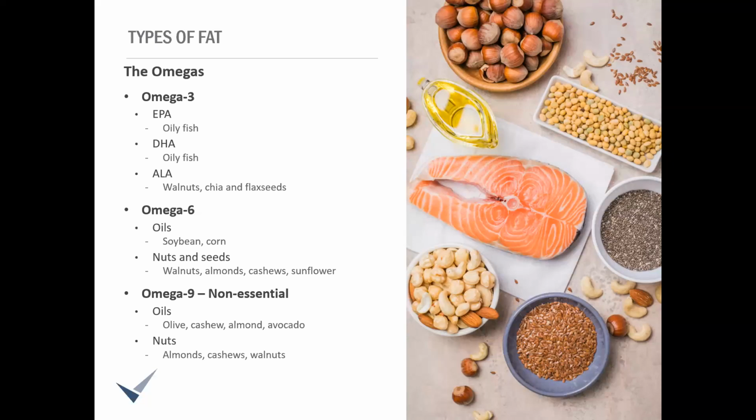which makes sense, right? So major sources of omega-6 in our diets include things like soybean and corn oil, mayonnaise, and then nuts like walnuts, almonds, cashews, and then seeds like sunflower seeds. So there's another side note, right? I just told you that walnuts are a good source of omega-3, right? Nuts like those have both omega-3 and omega-6, but the ratios are even, which is what we want. We want the good ratios.